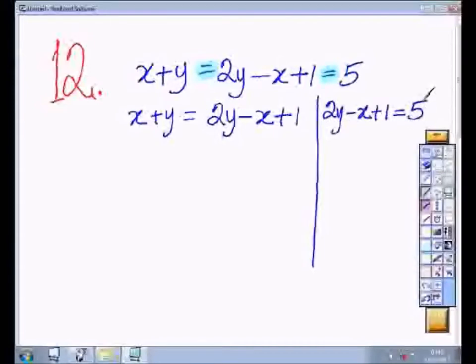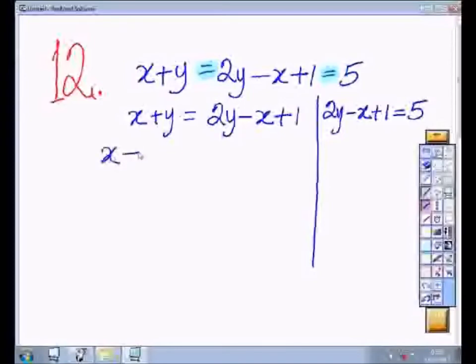So we are going to solve the 2 equations simultaneously. So the first thing we do, trying to solve the one on this left side first, is to put together all the like terms, and of course the variables x and y will be on the left and the constant term will be on the right. So we have